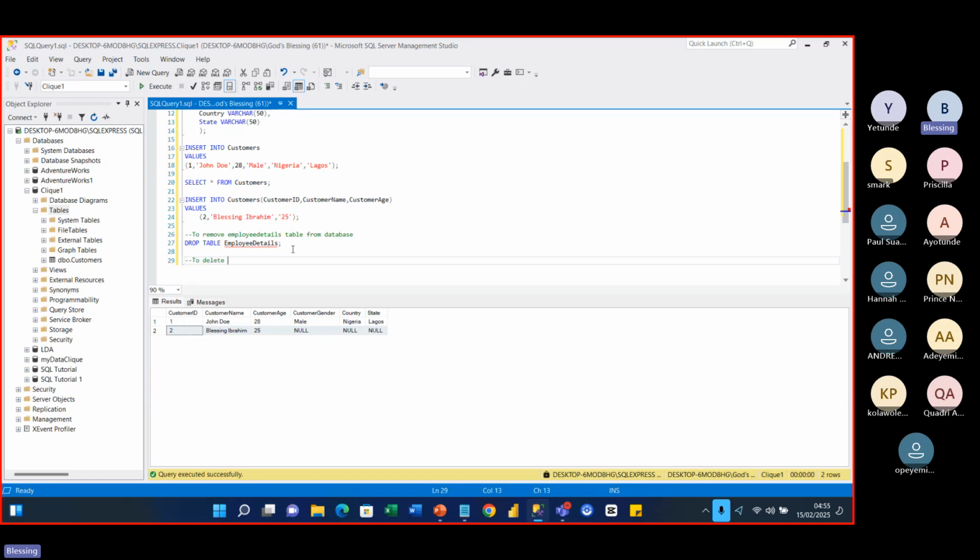So to delete Blessing's record from the table customers, what do I want to do? I would say delete from what? Table. What's the table name? The table name is customers. Then what? You have to specify. If I just select this, delete from customers, without specifying where I want to delete,